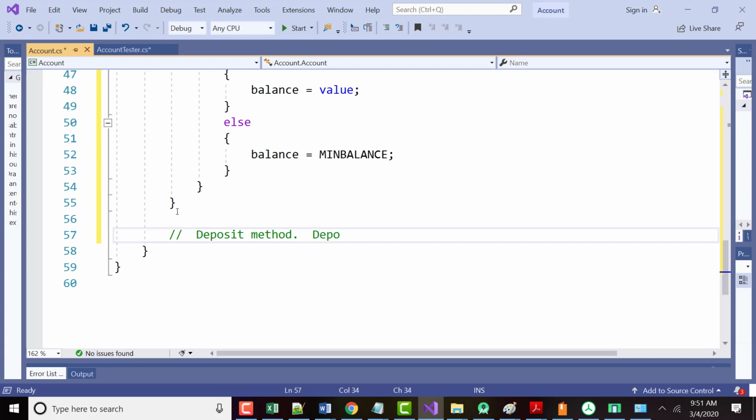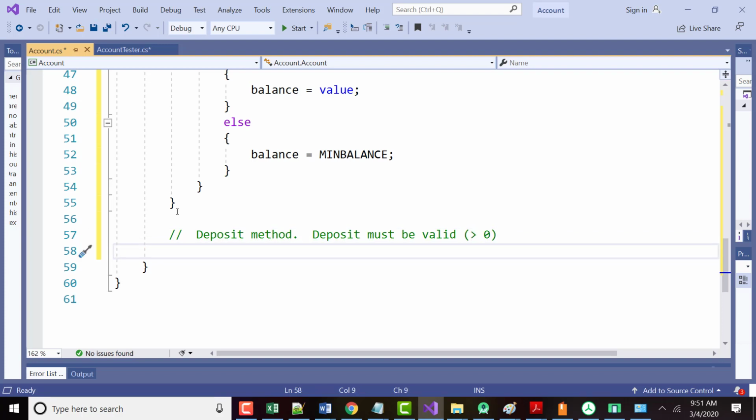The deposit must be valid. What would be a valid deposit? How about greater than 0? All right, because to me, you don't walk into a bank, how much money do you want to deposit? A negative $73. No, that's a withdrawal. All right. So, public void deposit